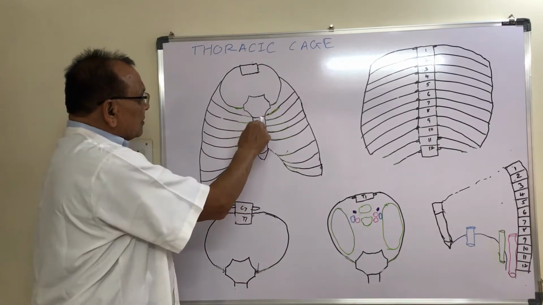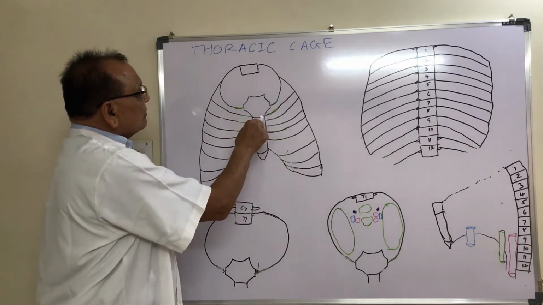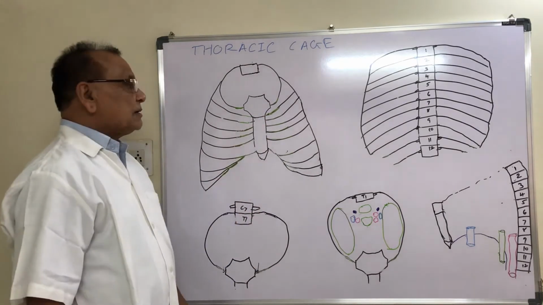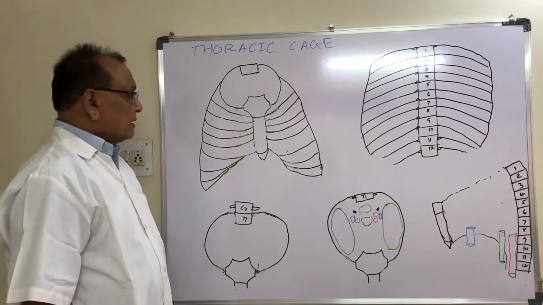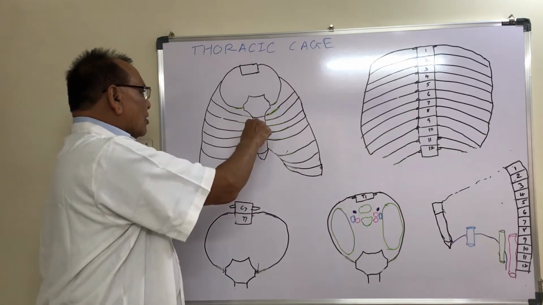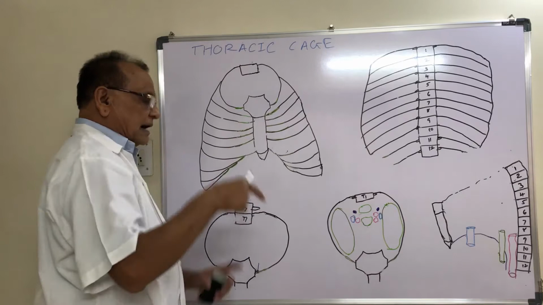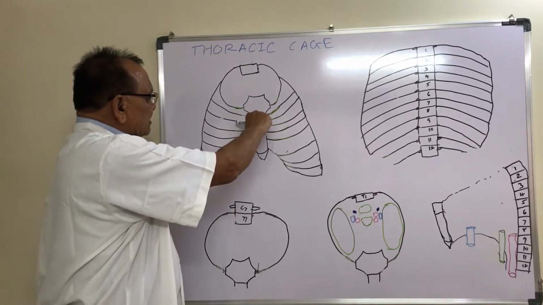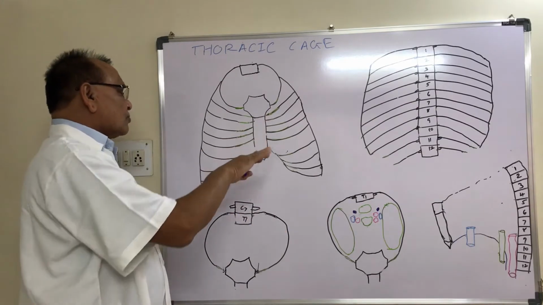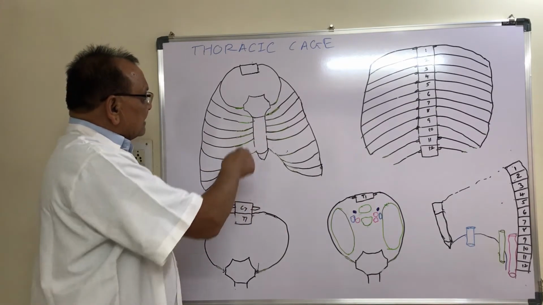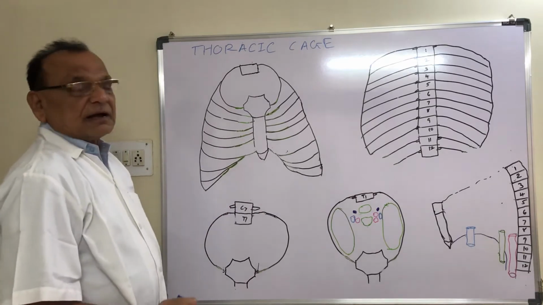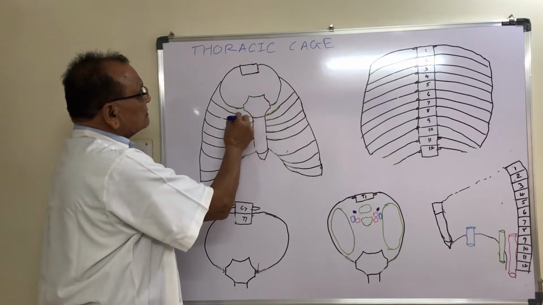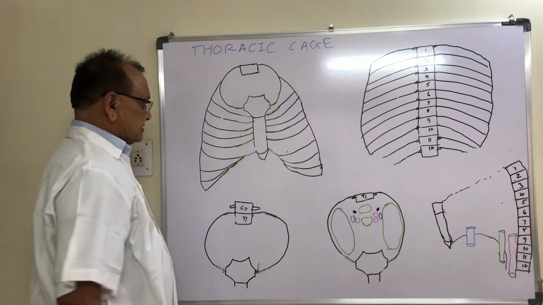The lower end of the manubrium makes a joint with the body, and the joint between the manubrium and the body is known as the manubriosternal joint. Actually, the meeting point of the manubrium and body is a little angular, and this angle at the junction is open posteriorly, toward the thoracic cavity. This angle is called the sternal angle, and its position on the external or anterior surface is marked by a transverse ridge.